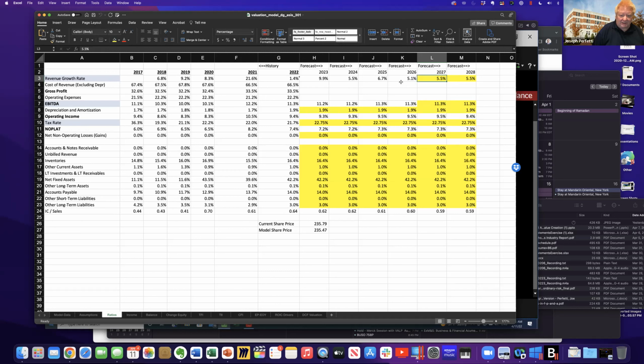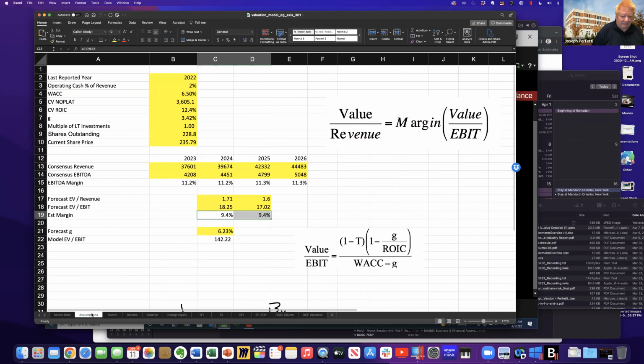Okay. If we reset the growth rates to 5.1, and then basically we put in the multiple and we solve for the multiple to solve for a forecast G that makes the model multiple work. Now this is an iterative step, but nonetheless, we'd have gotten 3.42%. Come in here, adjust the